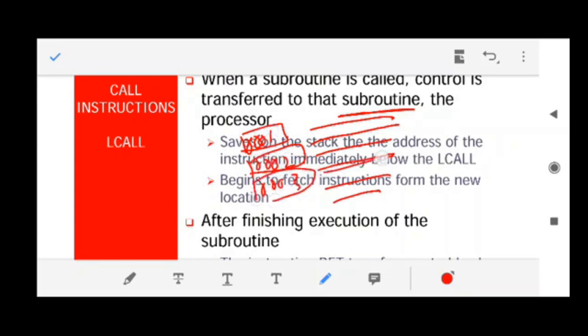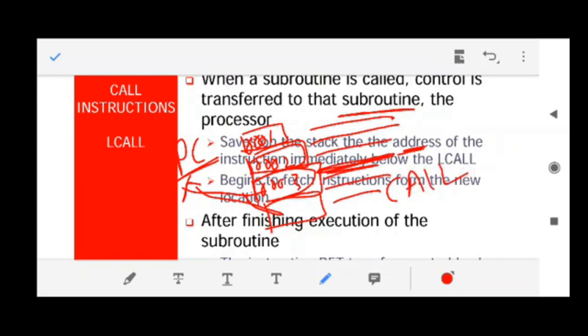Each instruction has its own address. And where is this address saved? This address is saved in the program counter. So your 8051 knows which instruction is currently executed. I have already told you that if you are executing this instruction, the program counter will contain the address of the next instruction. But what if you put a call instruction? This call instruction will move the 8051 to a new place where each instruction will have its own address, which is different from these addresses.